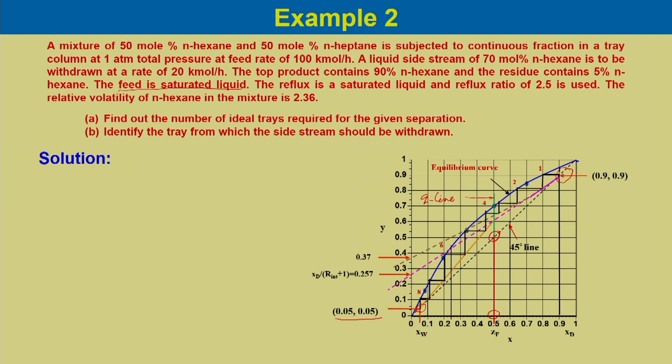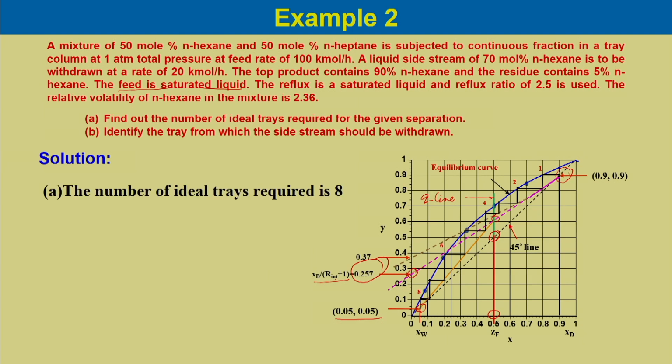for the saturated liquid feed, and we can also calculate xD by R plus 1, which is 0.257. With this intercept and the distillate condition here, we can plot the operating line, which will intersect the feed line at this location. And we know the stripping section operating line conditions. So, we draw the operating line in the rectifying section here. This is how we calculated the stripping section operating line, and we connect here.